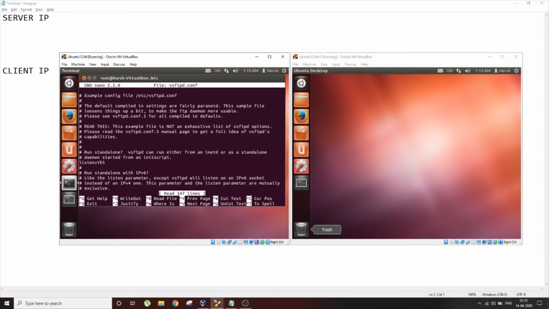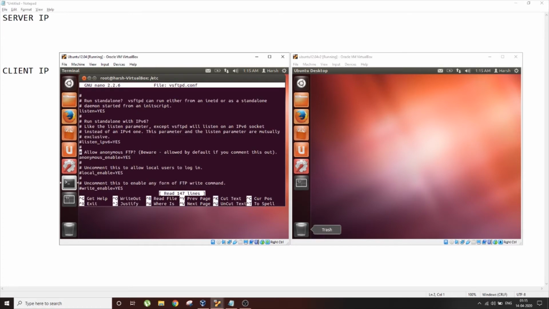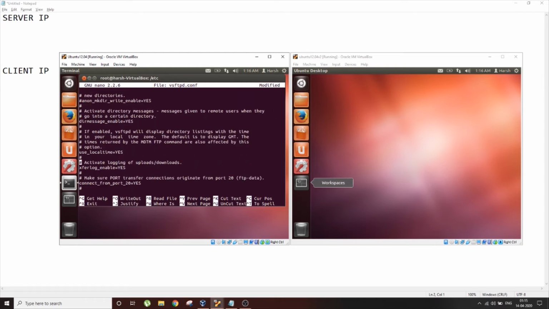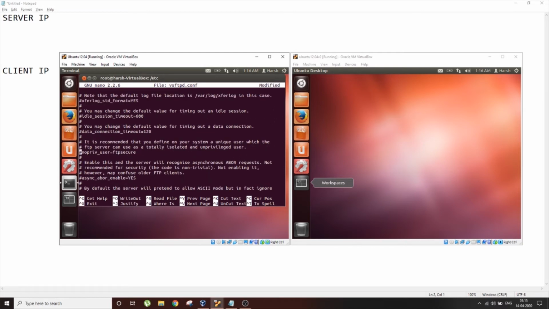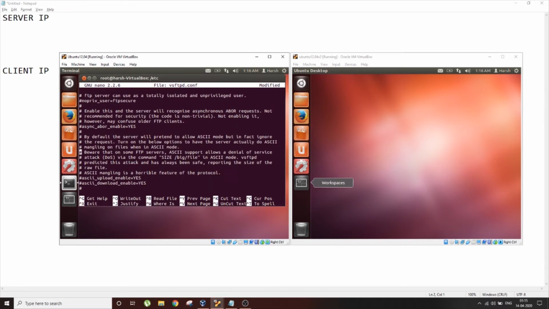The first thing we will change, we will comment anonymous enable, we will uncomment local enable and also uncomment write enable. Now we will scroll all the way down and find ASCII settings and uncomment this so that we can use it from the terminal. Now we save this file